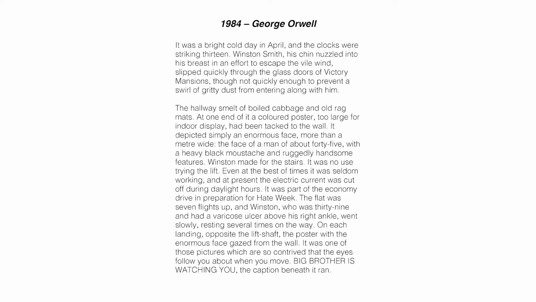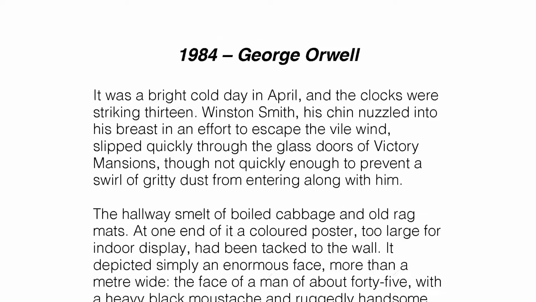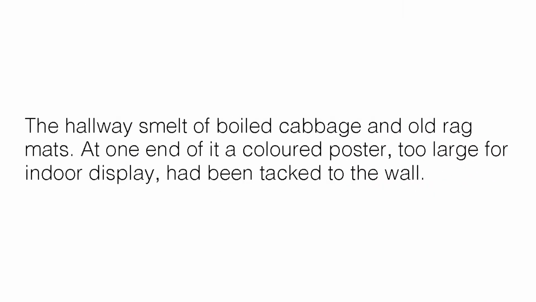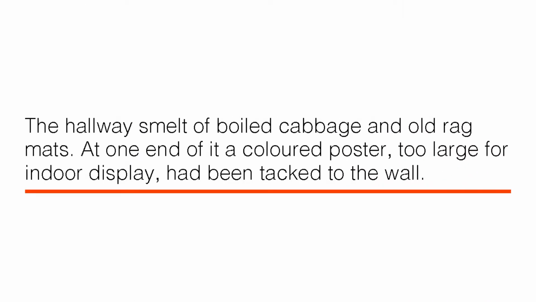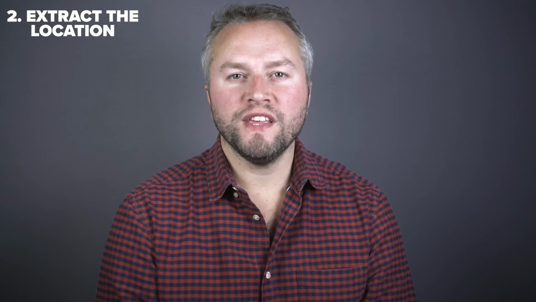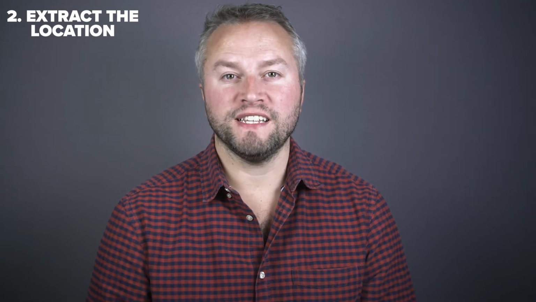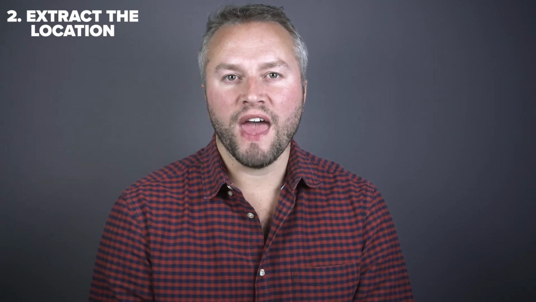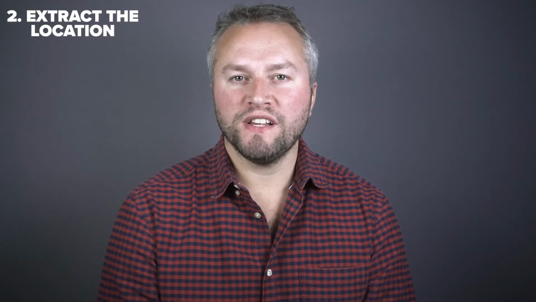In 1984, the opening section places Winston Smith, the lead character, in a place called Victory Mansions. This is where he lives, and there's lots of description about this place. I can use all of this description to help realise this location and think about what scenes or stories I could set there. My devised piece could be about all the different people that live at Victory Mansions. This would be diverting away from the original story, but we're still keeping that location and telling a new story in that place.